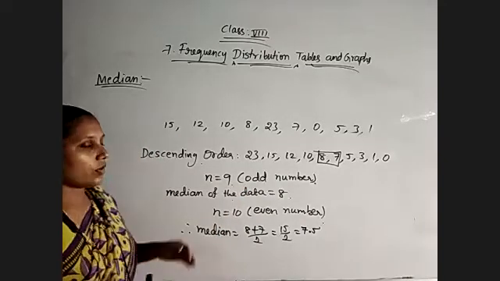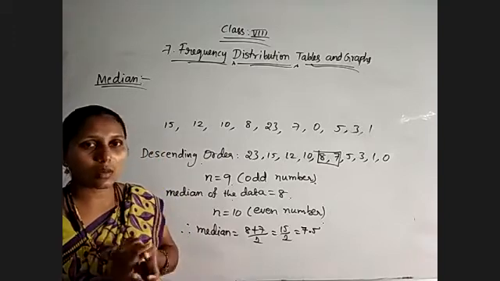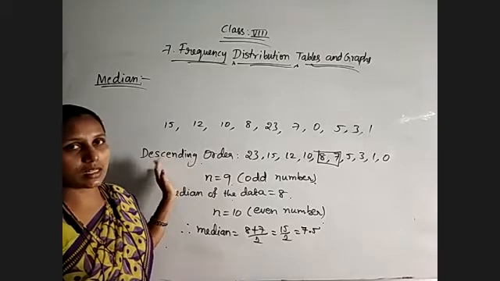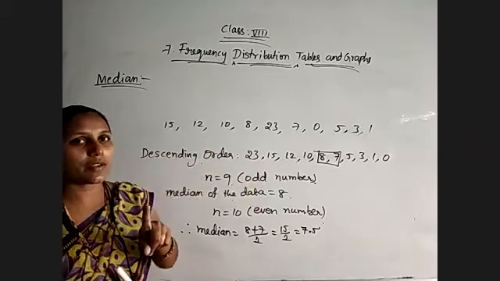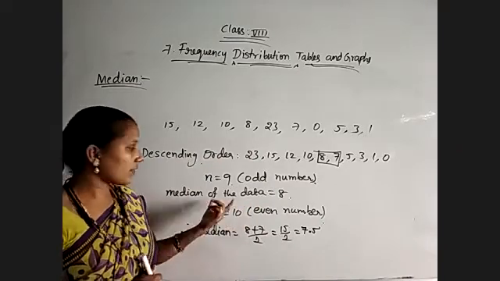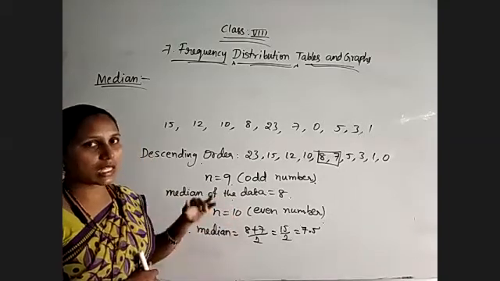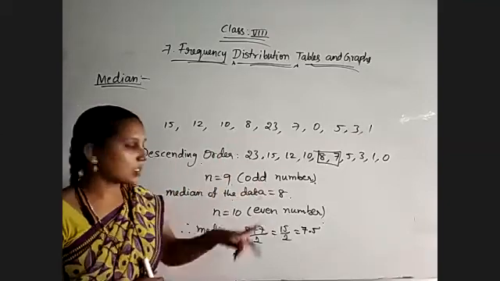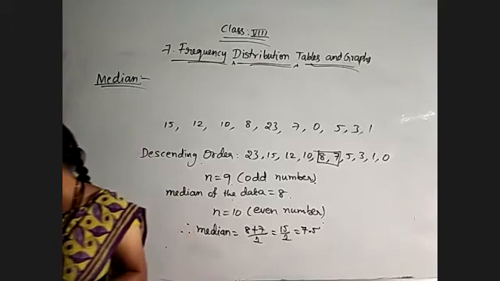So remember, whenever they are asking about either mean or median or mode, first arrange the given observations in ascending order, otherwise descending order. And if the number of observations n is odd, in that case we will get only one median. Only one mid value we will get, so that will become the median of the data. In case the number of observations is even, we will get two middle values. For those two middle values, we need to take the mean to get the median.